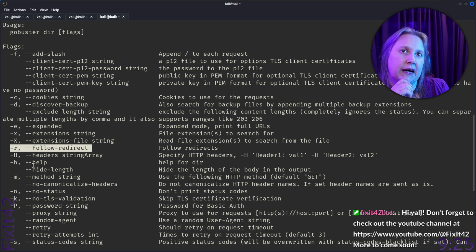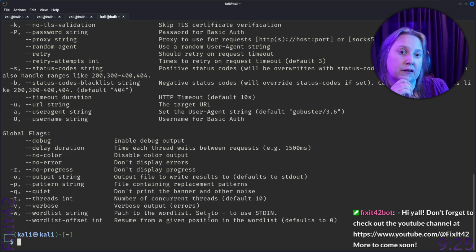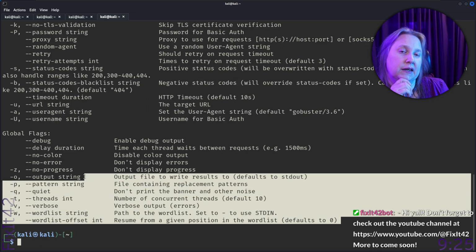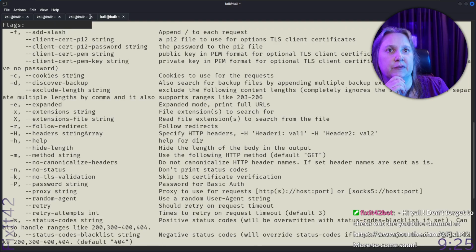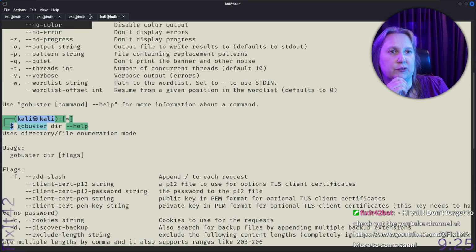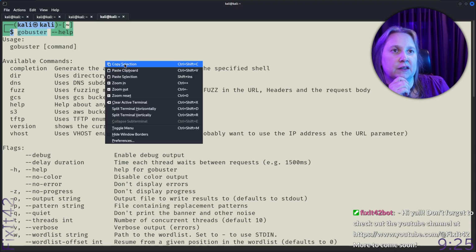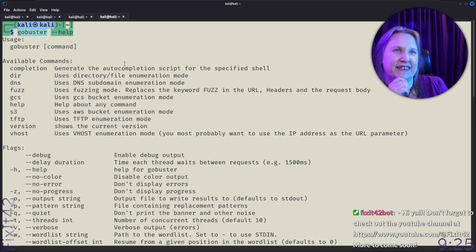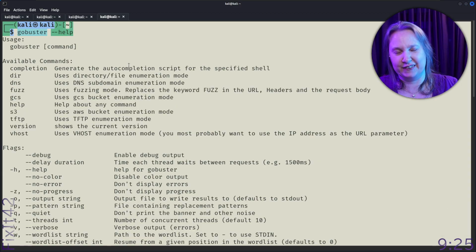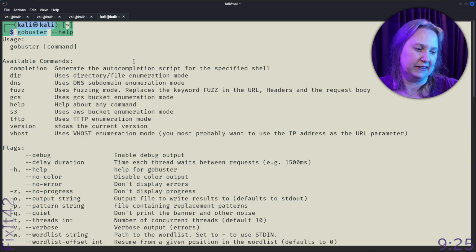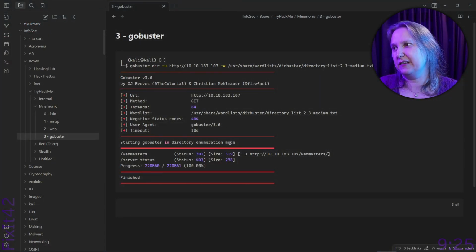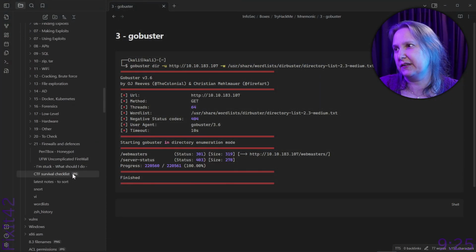I should actually add this right now to my help, because I'm adding these help information. And we could also try man, of course, but I kind of don't like man. It's just too much information most of the time. If you want lots of information, that could be nice. So let's add this to my actual GoBuster.